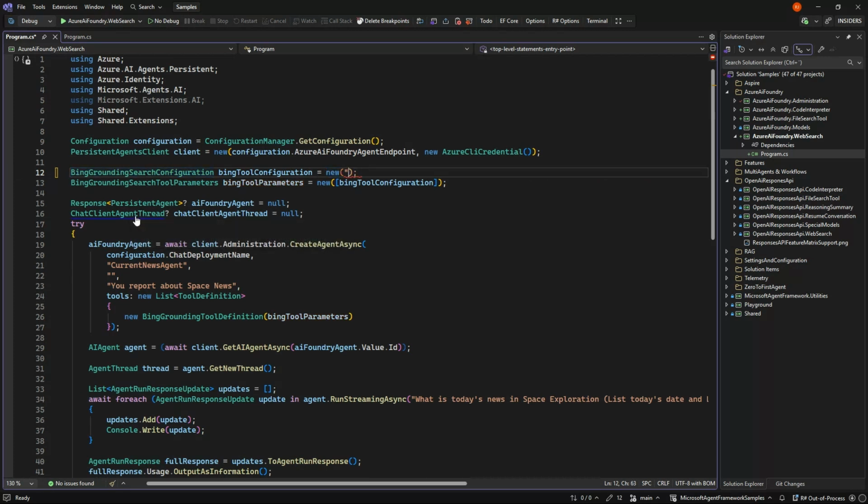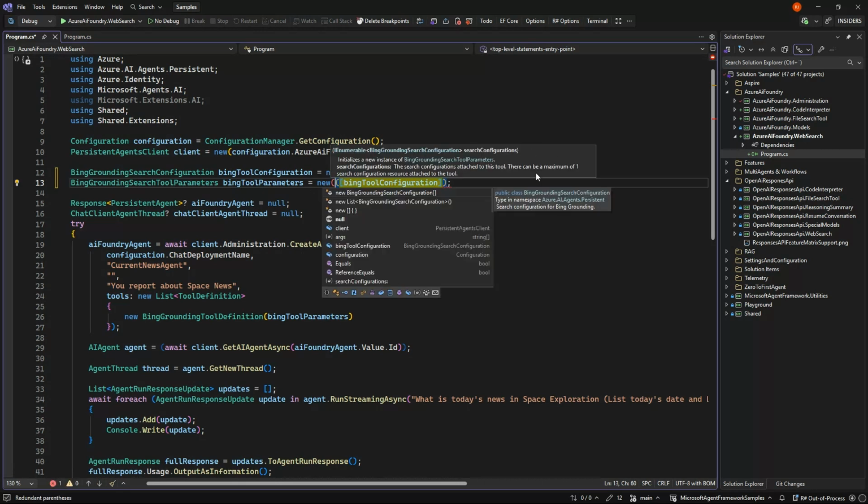So I'll just switch back to what I have in my system here. We need to make one of these Bing grounding search configurations, and then we need to give it into a tools parameter object here. And as you can see, it requires a collection, and then it tells that there can actually be one of them.